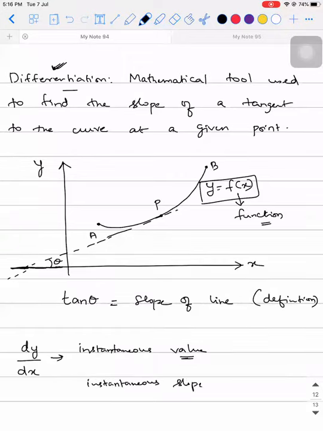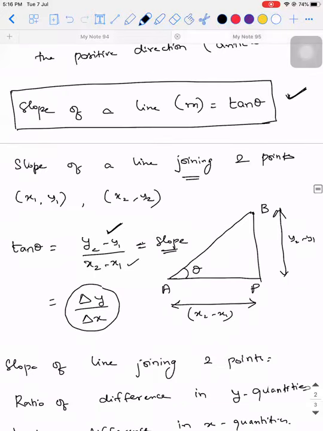I cannot tell you beyond this point because there is a branch of maths called calculus that is involved. Unless you know what functions, domain and range are, I cannot go beyond a certain point to explain all these things. As of now, the only point you need to keep in mind is that you understand the slope of a line. You can calculate the slope of a line under two circumstances. What is it? You can calculate it when you have 2 points which are given on a line.